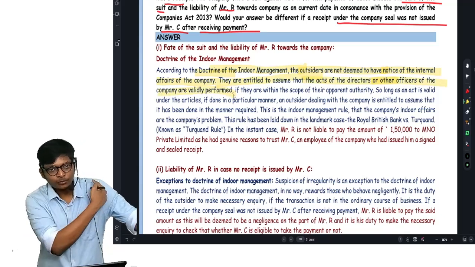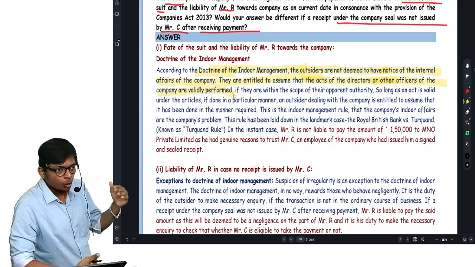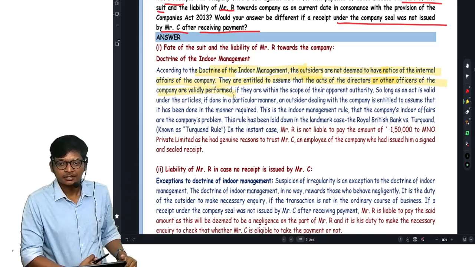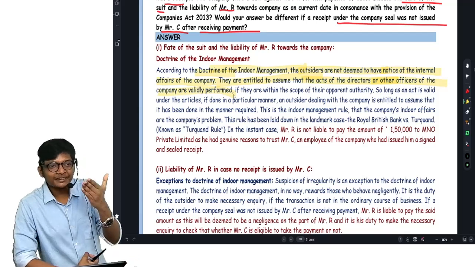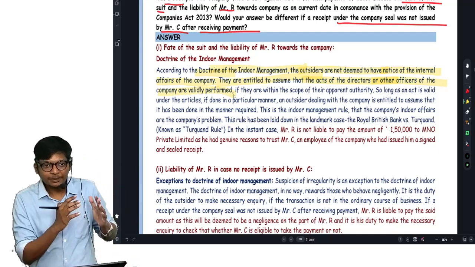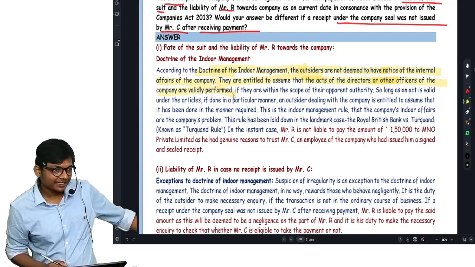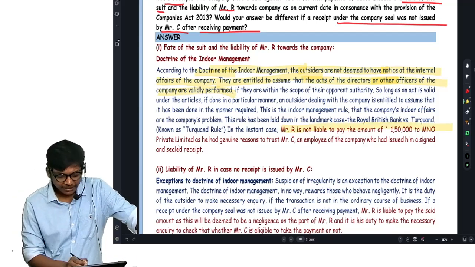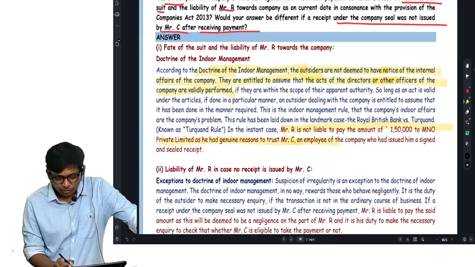That means if you come to our academy reception, whoever is sitting in the reception chair, you will feel they are the receptionist. Some other student is sitting, how would you know? According to you, you saw the name board Pragya class and you came. That means you believe it is fine. Getting it? Okay. So therefore R is not liable to pay the money, as he had genuine reasons to trust